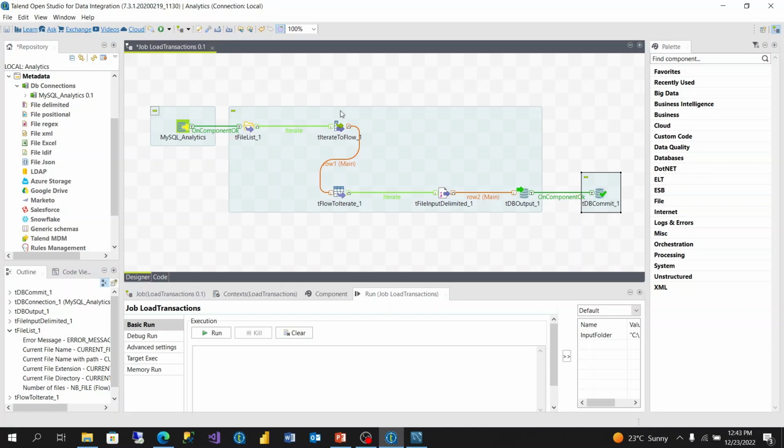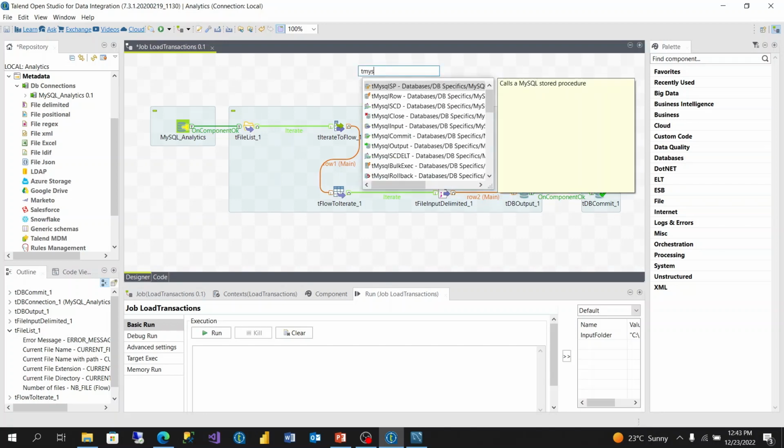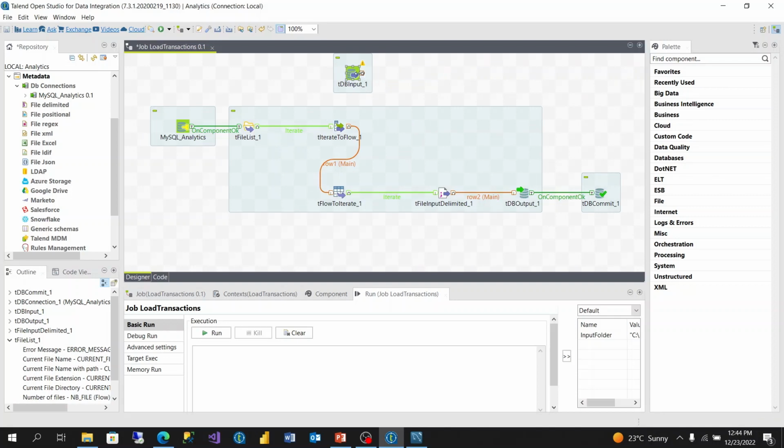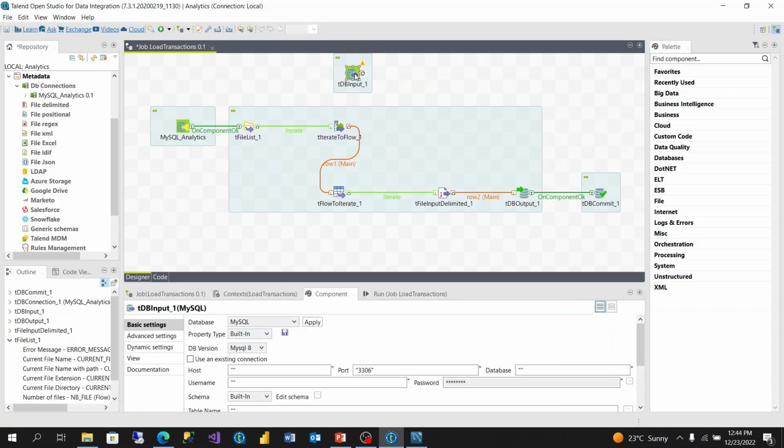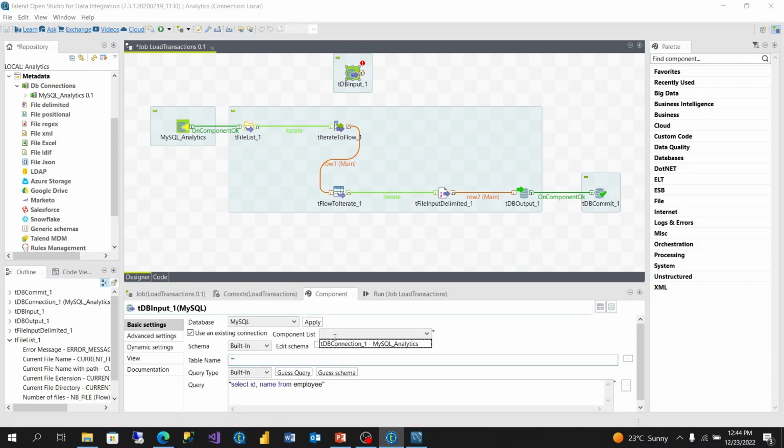What we're going to do is, before this input, the output of tIterate flow is passed to tFlowToIterate. What we're going to do is to implement a lookup here, a lookup solution. So we're going to use a tMySQLInput. And what we're going to do is use the existing connection, and the table is